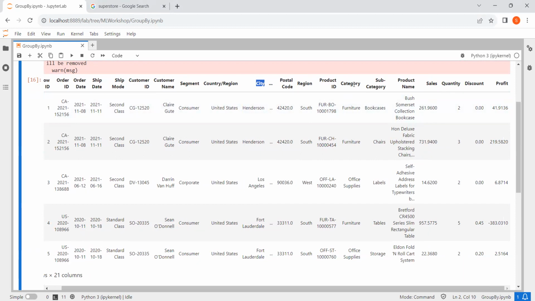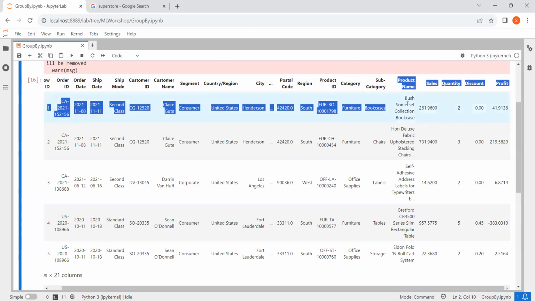There's a lot of data here, and the category to which this product belongs. So we have a particular product order here which belongs to the furniture category, and the subcategory is bookcases. Product name is of course mentioned here,